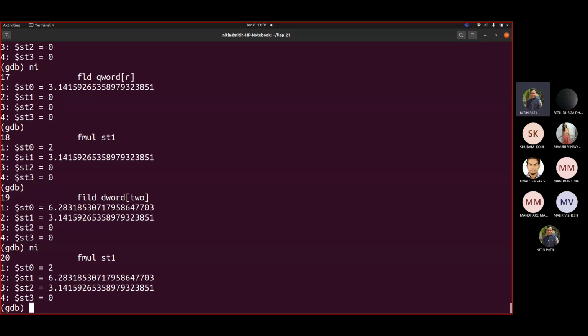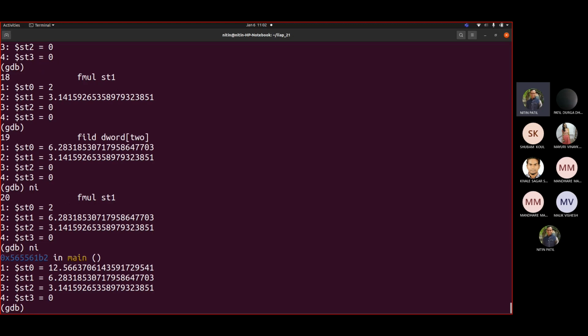You will see now it took the integer. FILD, load an integer. Now, if you don't write this I, then it would be something different, and we don't want that. Earlier when we started, we wrote dword there, correct? It was 4.5, but it was taking 1.9. That's why we are using this instruction. Now this would be 2 pi r. You can see 12.56.